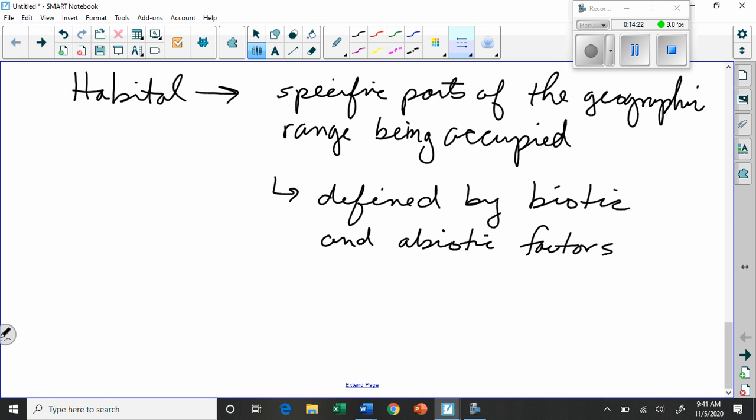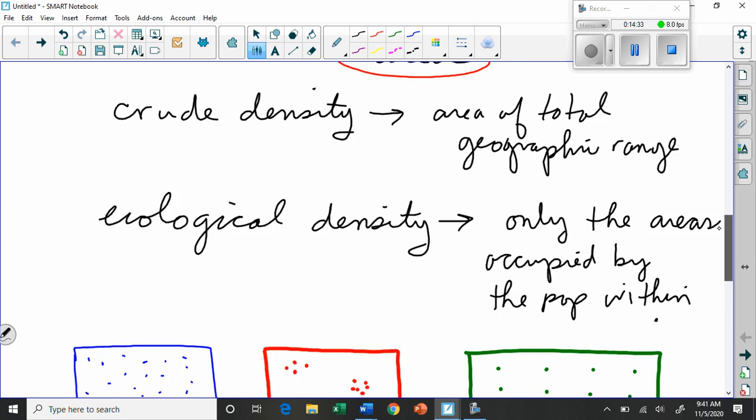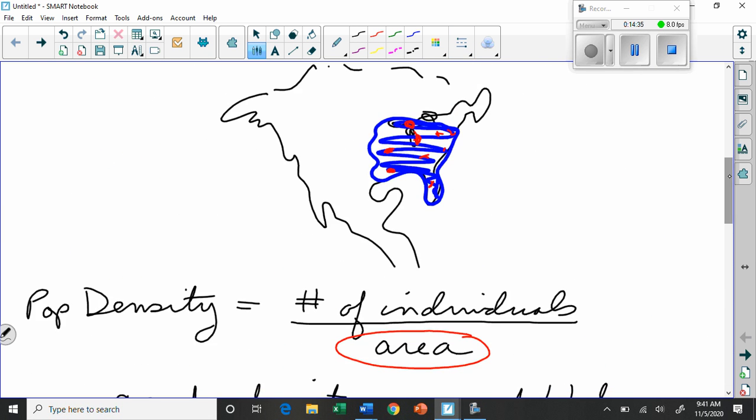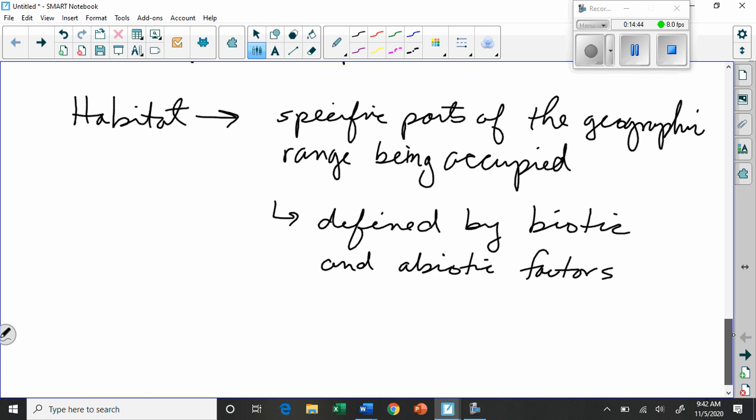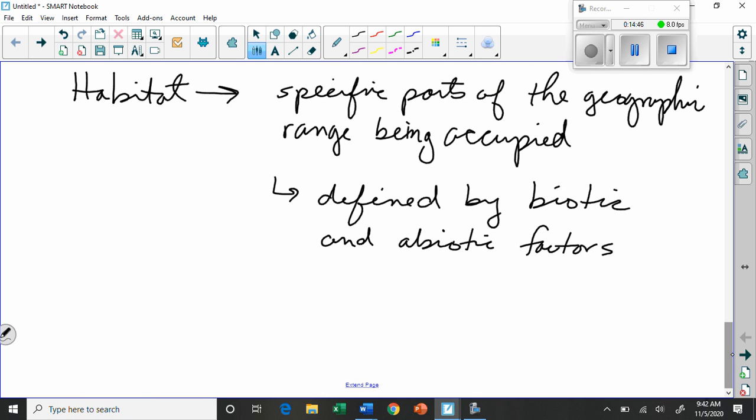Okay? So habitats, I realize I spelled this without crossing the T. It's not a habital, it's a habitat. There we go. All right, so if I go back to that picture now that you've caught up, the little red areas might be the actual habitats where the yellow warbler's living. Okay. All right, so now that we understand a little bit about these populations, what we have to figure out